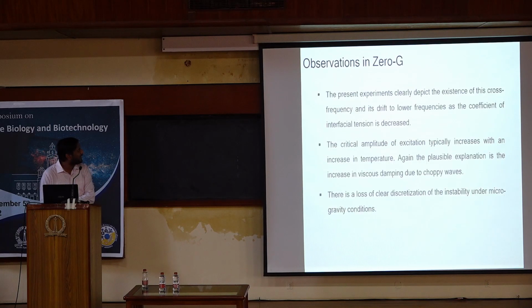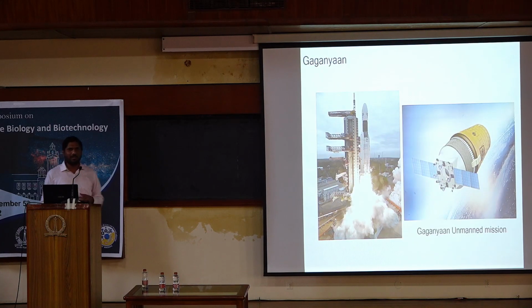Okay, good. So this is what we want to do, but unfortunately, these parabolic flights, they come with 15 seconds time. It's impossible for you to do more detailed analysis when you're going closer to the critical point. I mean, when you want to look at the critical transition, you need to wait for long duration to even observe anything significant. And when you want to do miscible experiments, that means you want to increase the temperature in this binary fluid, you want to see how the transition happens in that scenario. You need a longer time, and it's impossible for us to do in these parabolic flights, and that's why we